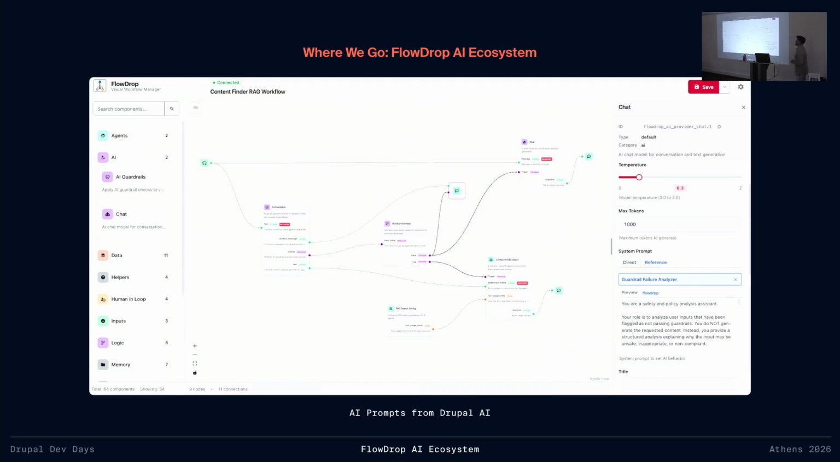The next component that I want to show you, and this is coming from FlowDrop AI Provider, is the operation type, in this case chat. As I said, we are integrating many operation types, but the one that I'm going to showcase is the chat one. So when you drag and drop this inside your workflow, you will also have a sidebar configuration where you can just select which LLM you want to use, depending on the provider that you have configured. You can configure the max tokens and the temperature of the chat. And you can even reuse